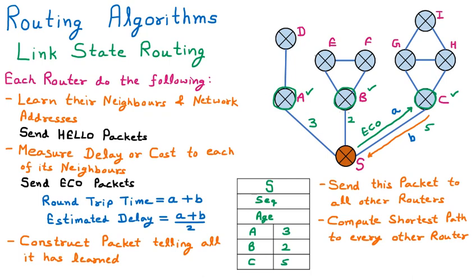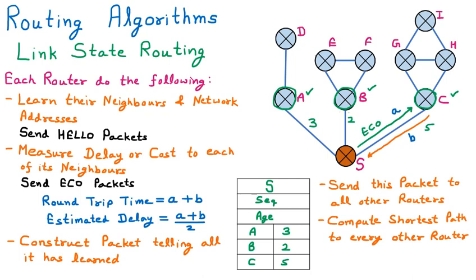So in link state routing, every router has to follow something. If we have any router, then the router has to send the hello packets. So every router will send the hello packets to their neighbors. Now who is replying? They are the active neighbors, meaning they are present in the system. In the second step, the router is going to find out the cost of their neighbors, meaning every router is going to send the echo packets to their neighbors and find out the cost.